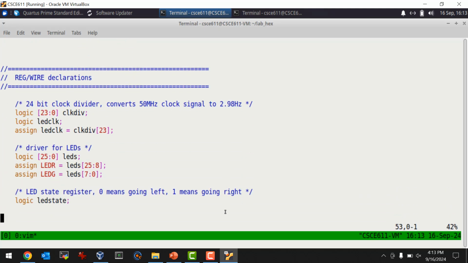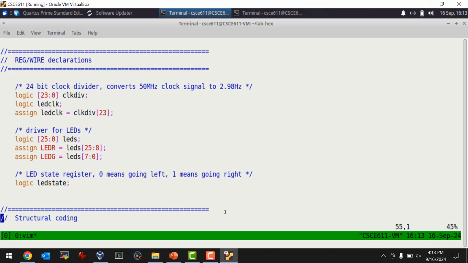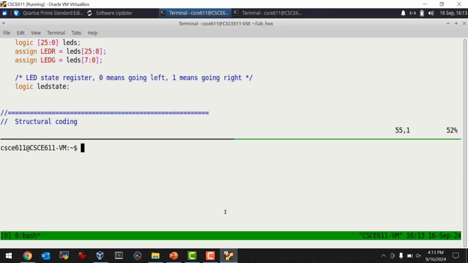Okay, then we have some code in here. What's this code? This code is kind of a little sanity check for you. It's a design that we put in, and let me show you what it does. So if we run the script and we say program, so CSCE 611.sh program,